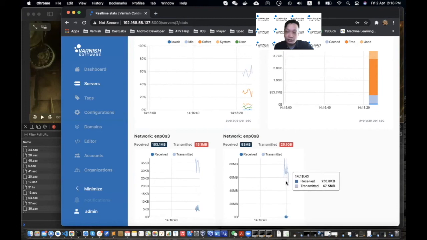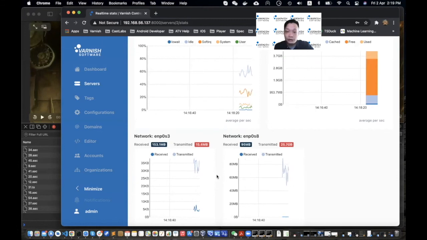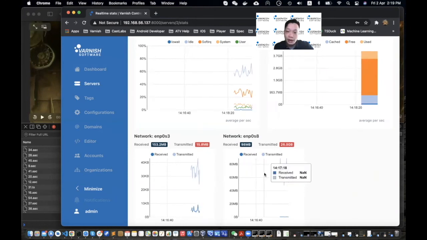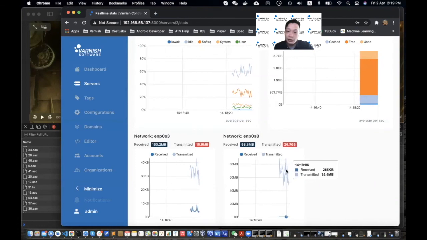So I use 2 interfaces. One is receiving the content from the client, and the other one is used to fetch the content from the origin. So you can compare the difference. You have very low traffic from the internal network to fetch the content because all the content is cached, and to the client it will be proportional to how many users are connecting to fetch the content.